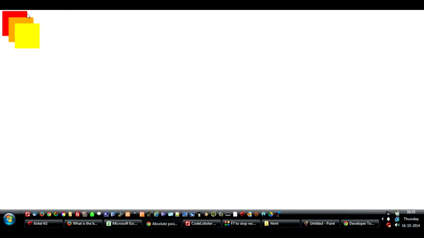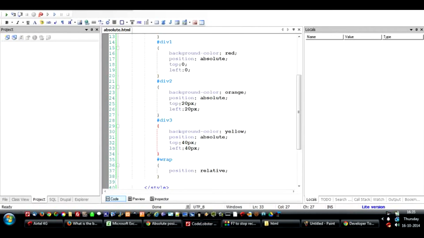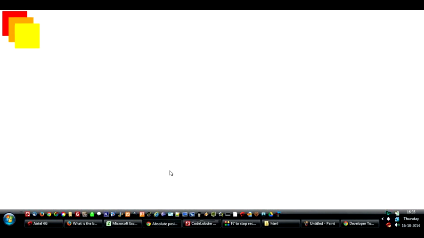This was not possible if we didn't give the wrapper a position of relative. So the purpose of absolute is to take the div out of the normal flow and place it on top of another div so that more interesting designs can be created.